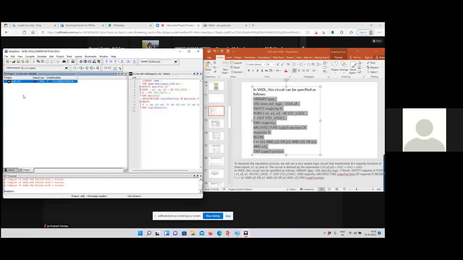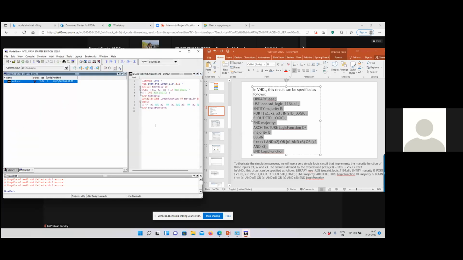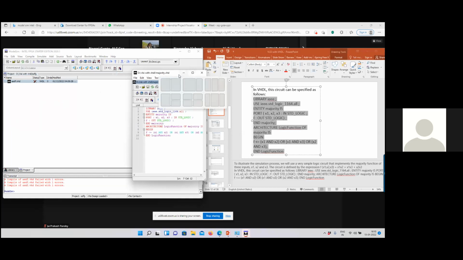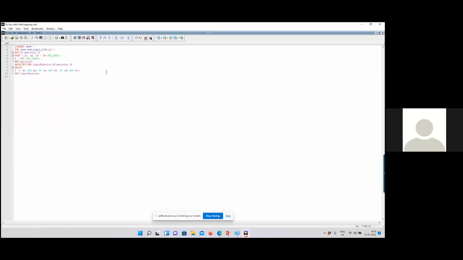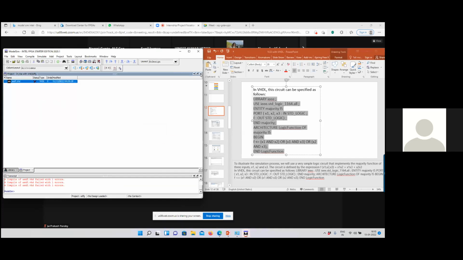Not removed. Some problem may arise. It is not allowed to remove this.